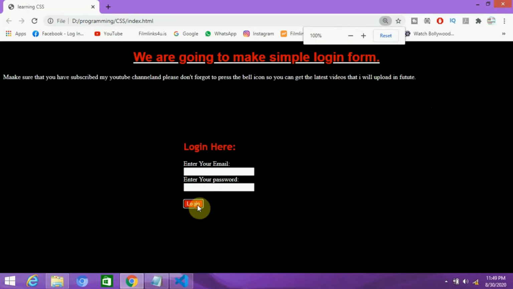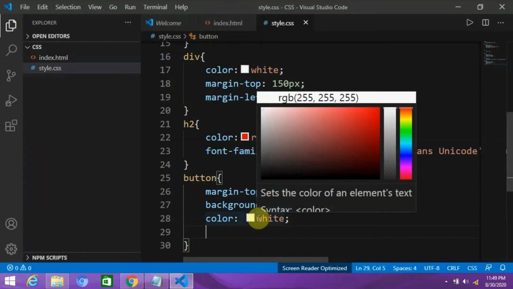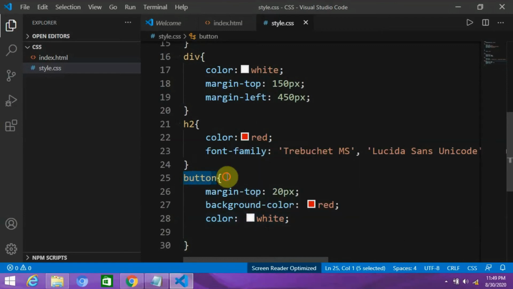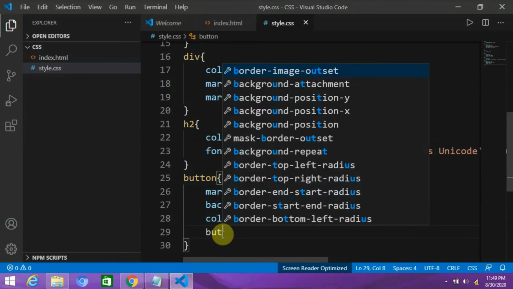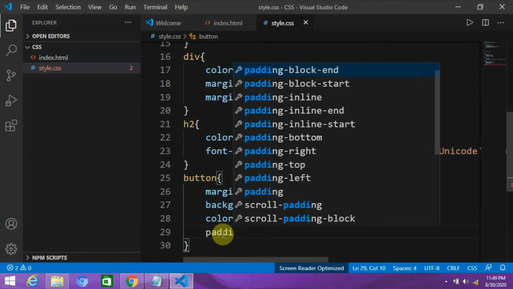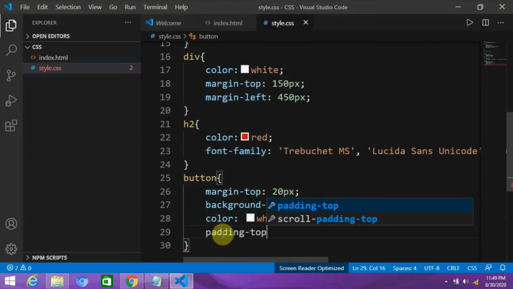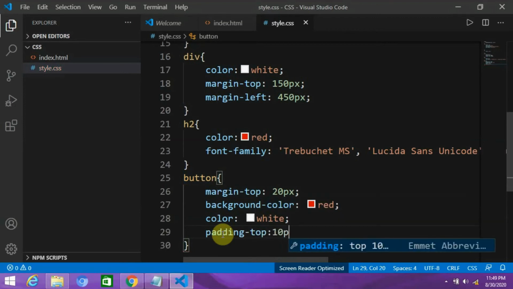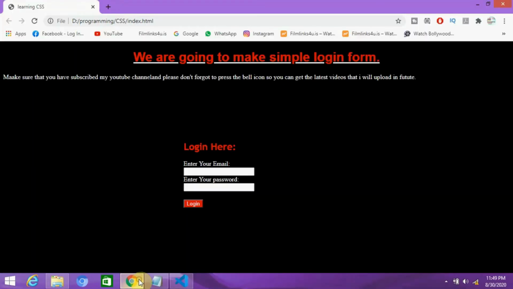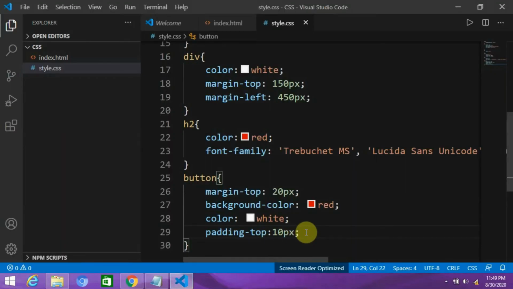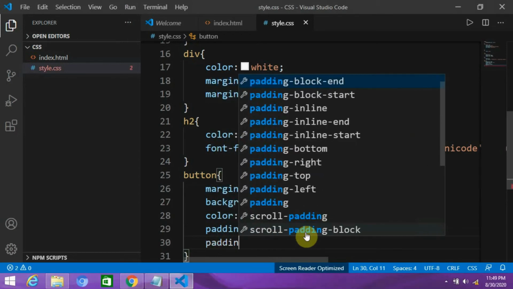We have done how margin is working in CSS. Now we will learn about padding. So how padding is working, let me show you. Here is padding, here is a button, so we are going to use padding. Right now we are at button, so I will write padding from top 10 pixel. Okay, 10 pixel, let me check. Okay, 10 pixel is like this, and padding from bottom, padding from right, padding from left, padding bottom,